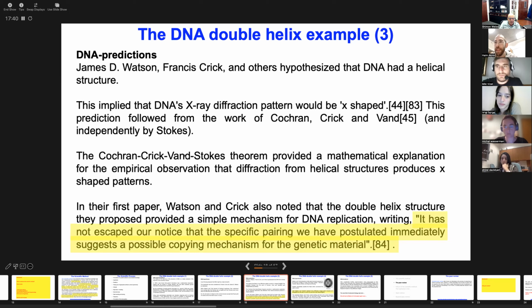This is considered to be one of the biggest understatements in a scientific paper. They are being very modest here in this sentence, being very careful, but obviously this particular deduction started the whole field of molecular biology.